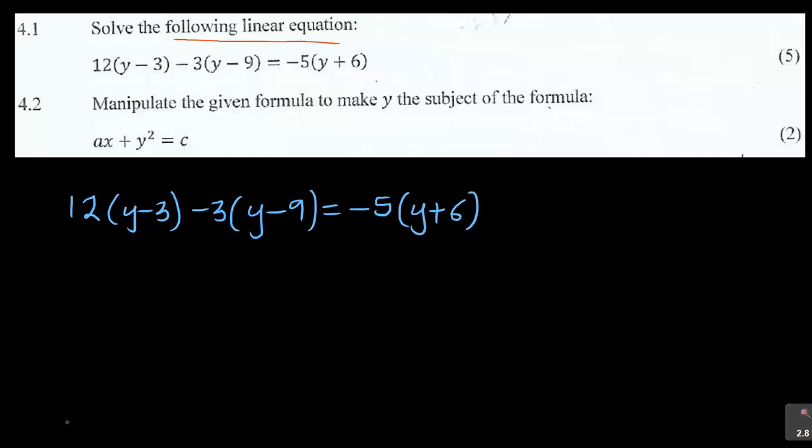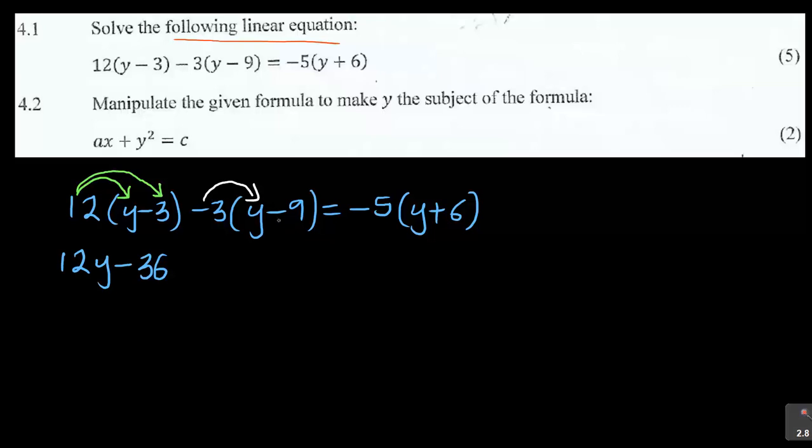So the main thing here that they were focusing on is how do you know how to expand, collect like terms, and simplify. So what they're saying is the 12 you distribute, it will multiply the y, the 12 will multiply the negative 3. So when you do that, what are you having? 12 times y is 12y, 12 times minus 3, with a calculator, use a calculator please, is negative 36. Especially the more you get tired with the exam, use the calculator to avoid errors.